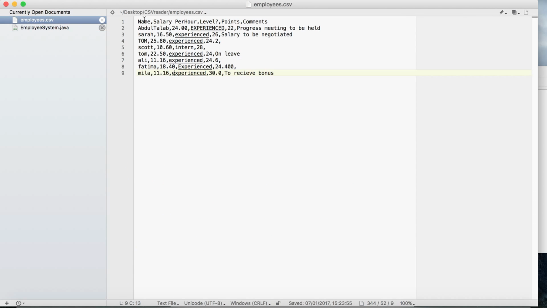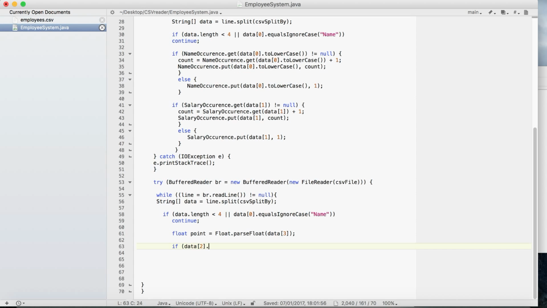So if we go back here, data 2, 0, 1, 2 is the level. So if data 2 dot, we're going to do equals ignore case. So we're going to ignore any of the case and capitalizations, if they are experienced, okay, and